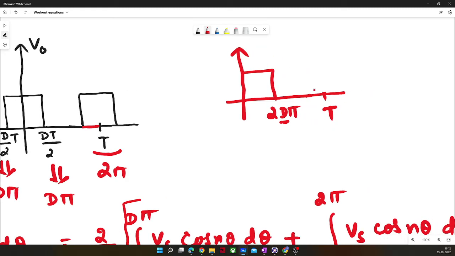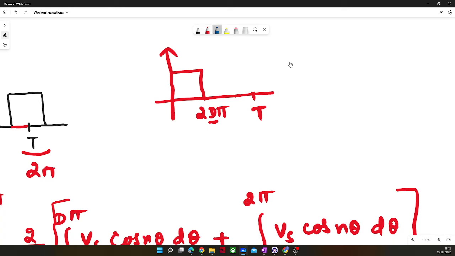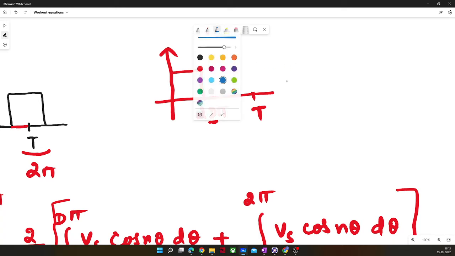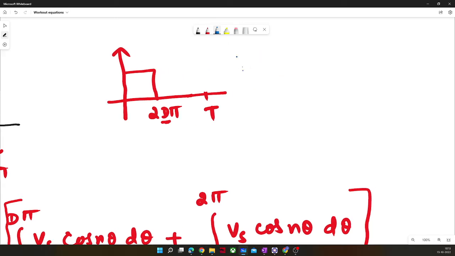And if I know the Fourier series expression for the earlier one, I can also write for this one, and that would be 2 Vs by n pi sine d n pi,